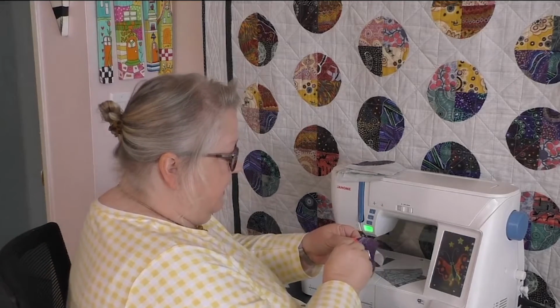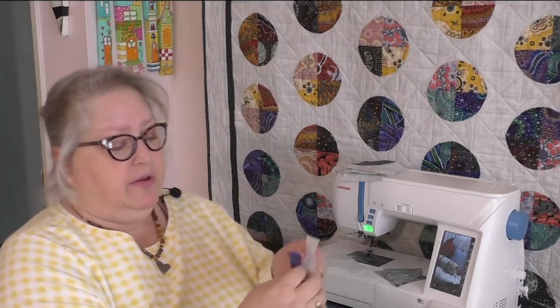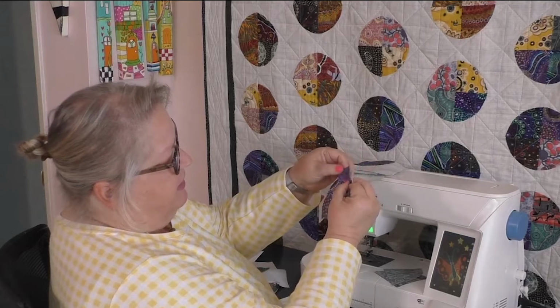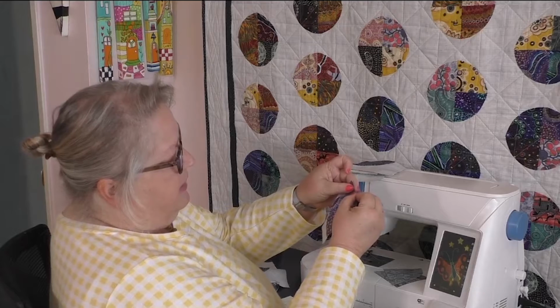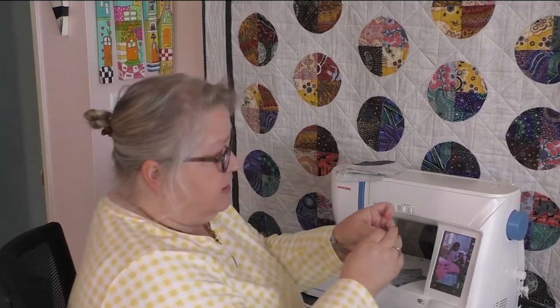And then I will take a pin, and I want you to remember also, I leave my pin tips about 1/4 inch away from the side. So I do the center, and then I will pull this to the side, and I'm going to line up my sides as well. And this is one of those things where I do take my time to do my pinning